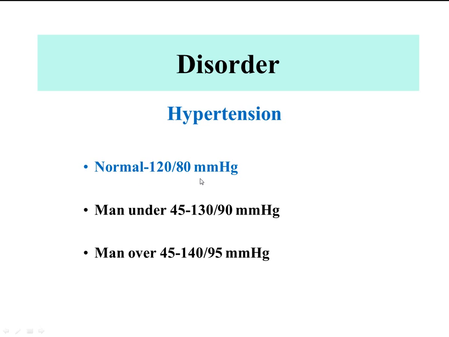Now, an athlete may have a lower blood pressure, and if the clinician doesn't know that this person is an athlete and they come in, say, to the emergency room unconscious, and they take their blood pressure, and it is lower, in the 90s over the 50s,